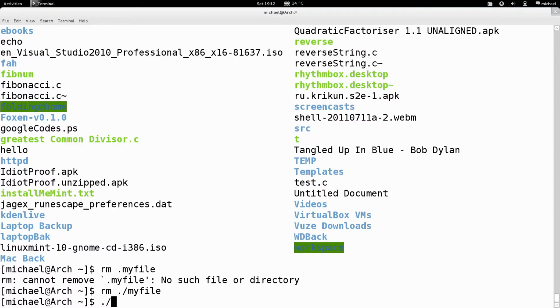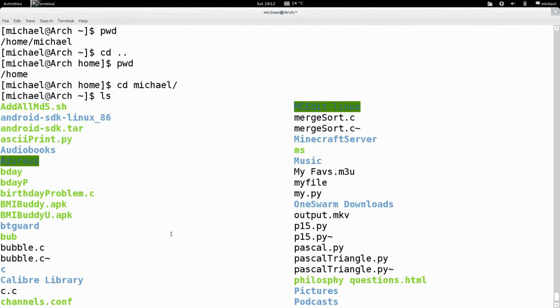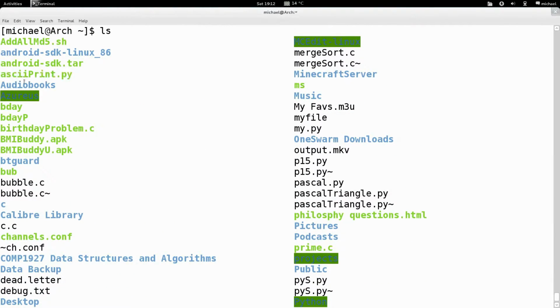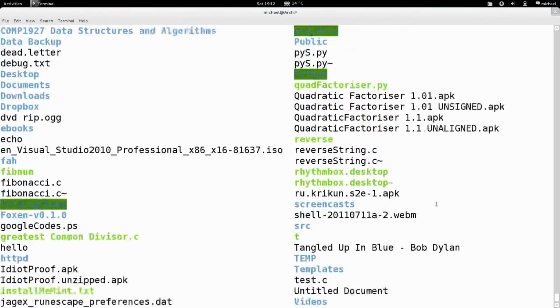Why I showed you this slash is because some commands need it, and you'll know which as time progresses. An example would probably be this one, ASCII print. I don't even know what this is, but anyway, let's just say I have Python. Actually, never mind. I won't even bother with that. I have no idea what that is. Okay, so